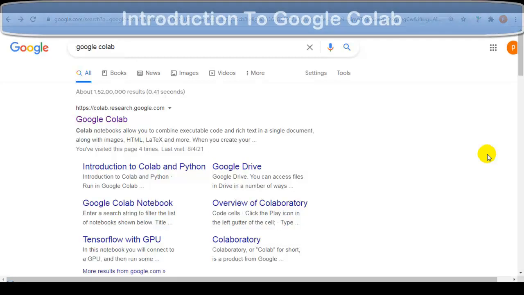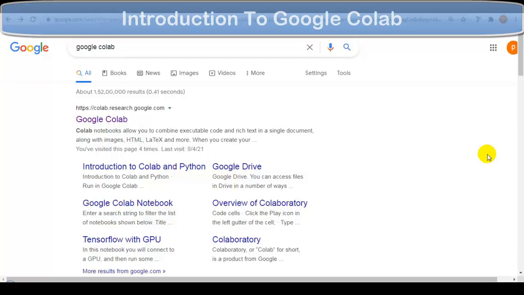Hello Codets, in this video we are going to perform big data analytics using PySpark on Google Colab. In this video I am going to show how we can use the best cloud computing platform for machine learning, deep learning and data analytics, Google Colab. Google Colab connects your notebook to a cloud-based runtime. More technically, Colab is a hosted Jupyter Notebook service that requires no setup, while providing free access to computing resources including GPUs.